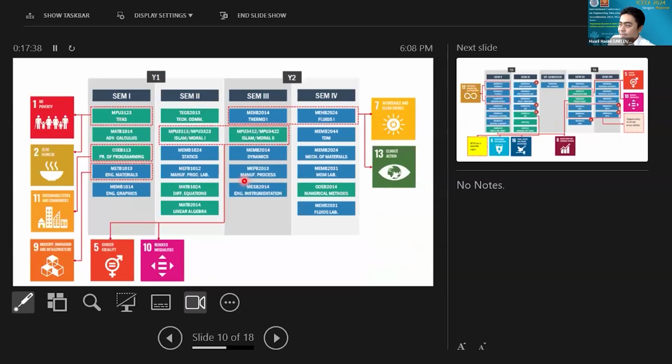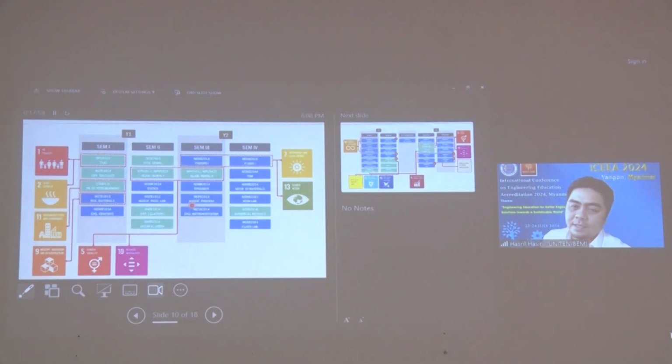So as in this example, in year 1 and year 2, we have completely different natures of courses or subjects, which are mapped to probably a few of the elements of the SDG. I think this is a good first step for us to have some idea in terms of what are the elements that can be embedded into the courses.